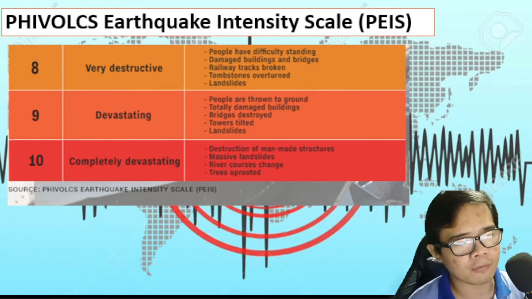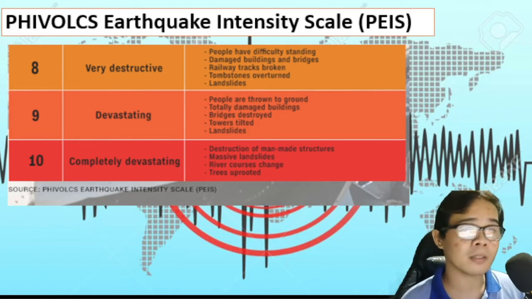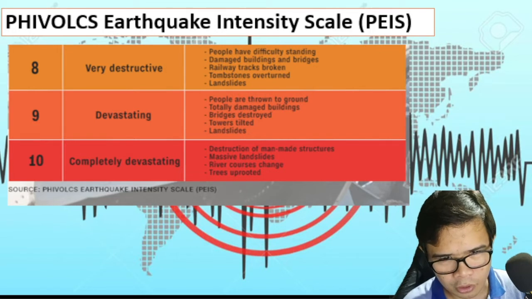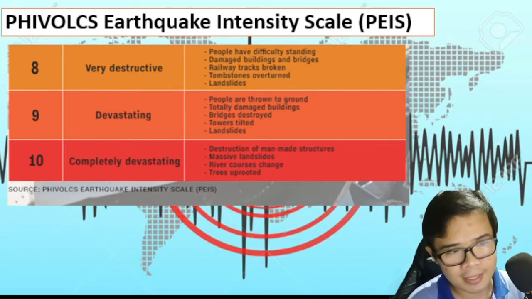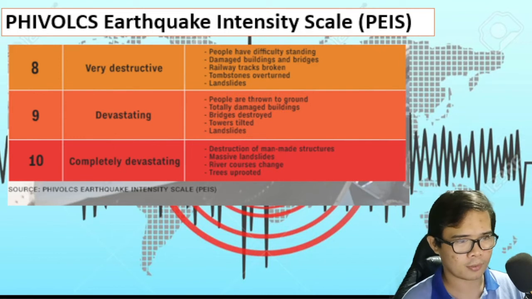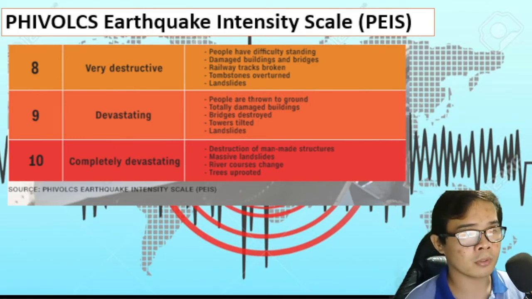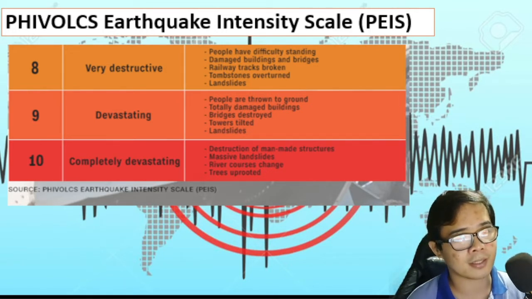And of course, the 10 na talagang iniiwasan. Okay, and that is completely devastating. Destruction of man-made structures, all. Massive landslides, alright? River courses change, okay? And trees uprooted. Okay, kahit walang bagyo. So, yan po ay from 1 to 10 intensity scale or the FIVOLS. Okay, intensity scale.